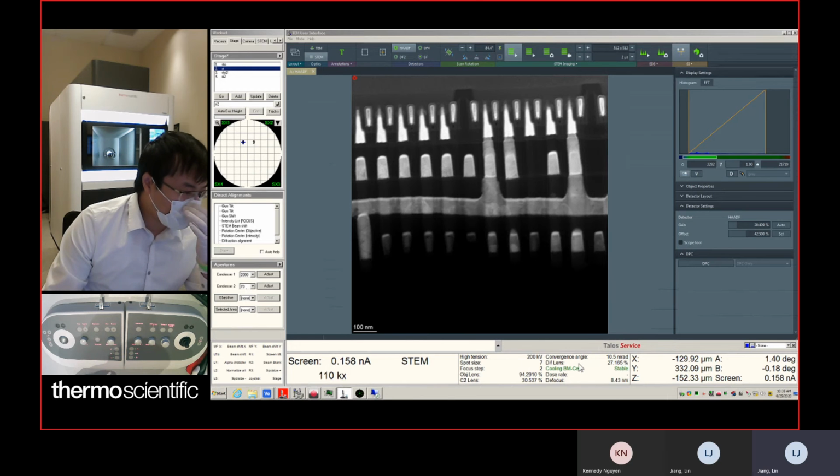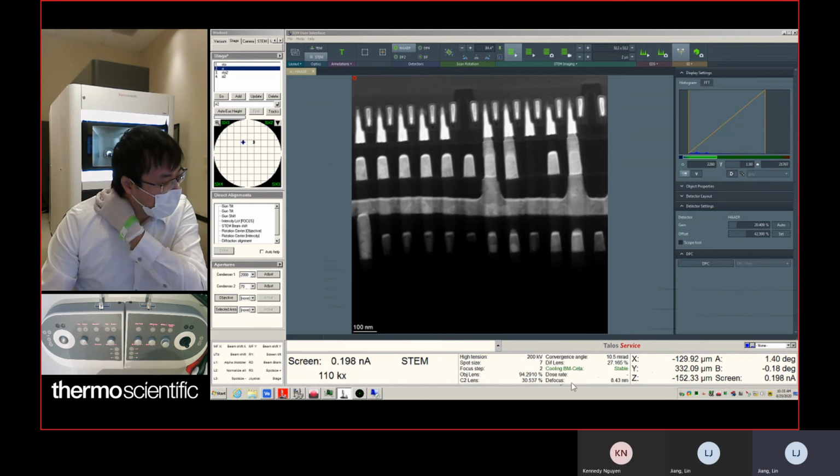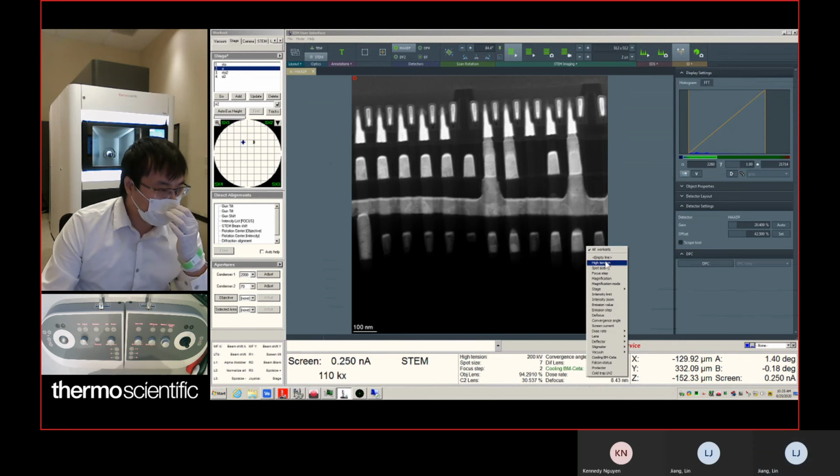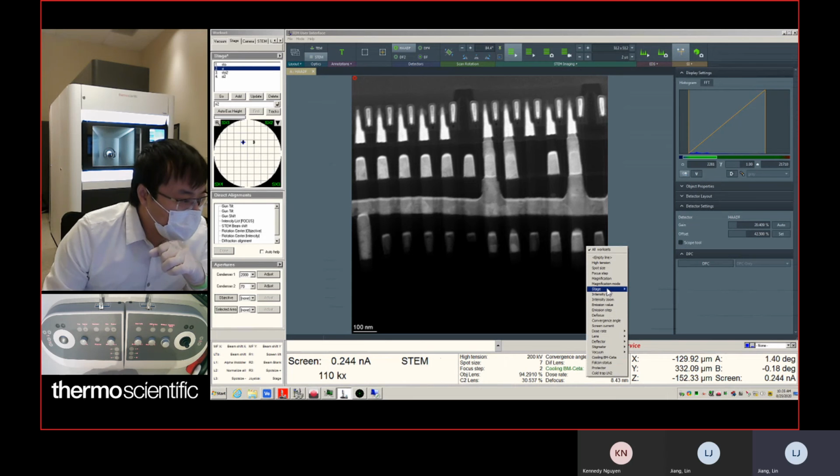Also, this is your diffraction length value, coding, theta cam, and dose rate here. You can see the defocus value, and this gives you the position of your sample. You can right click to add values to this window. So you can say, right now I want those three. You can choose different